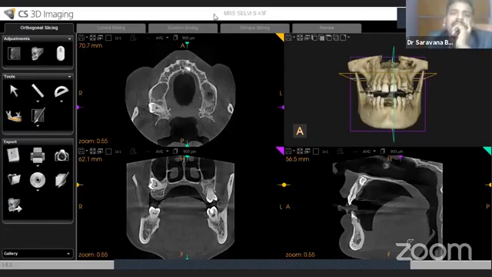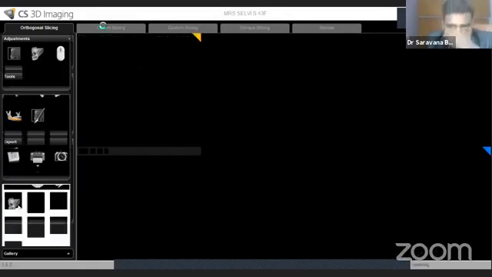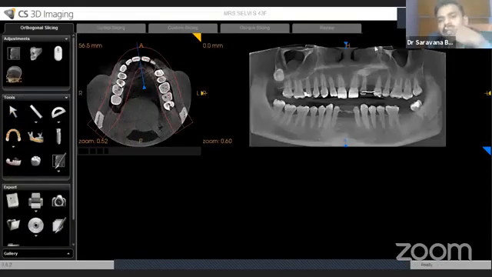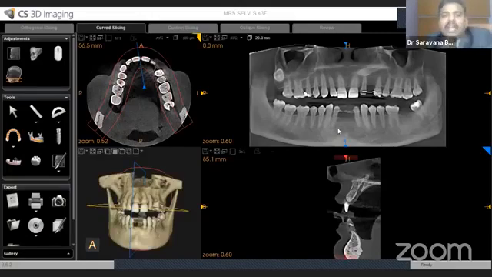Okay. Second one is curved slicing. Curved slicing is nothing but the imaging modality very friendly to us, that is OPG. We are going to create an arch like this. This is the axial view. Look at the corner, there is a yellow color marking. This is the axial view.